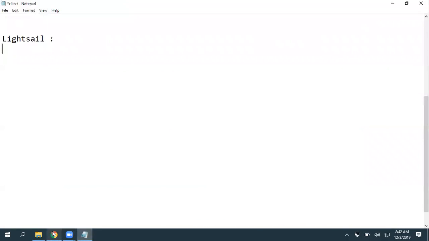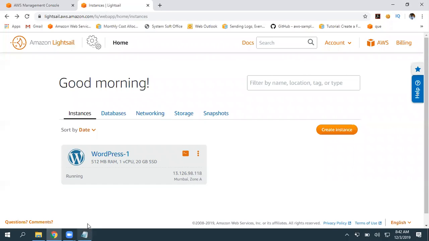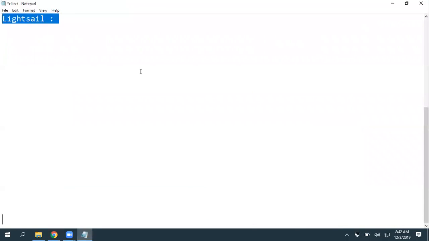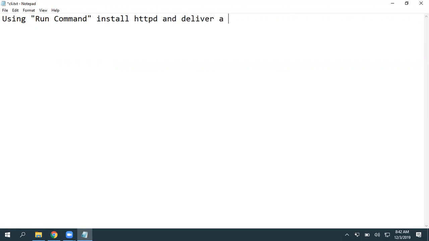So for today, the task is: using the Run Command option, install httpd and deliver a website.